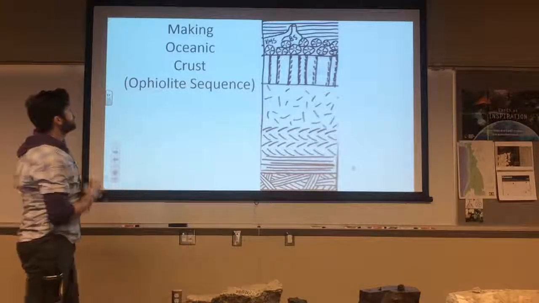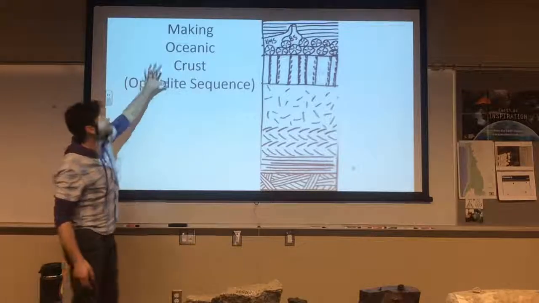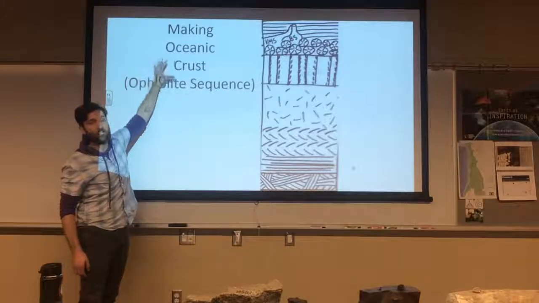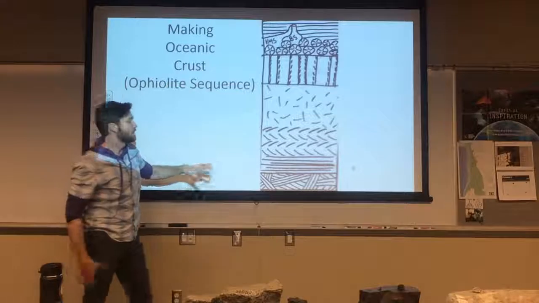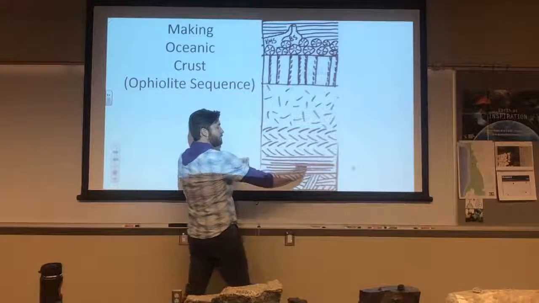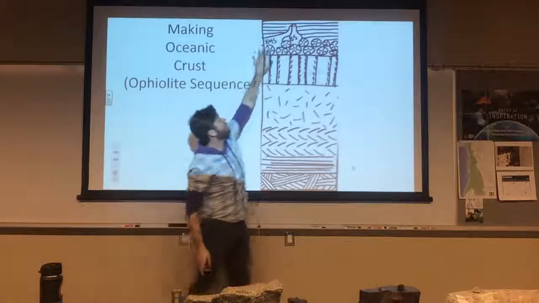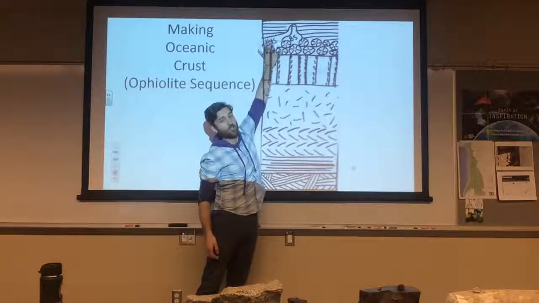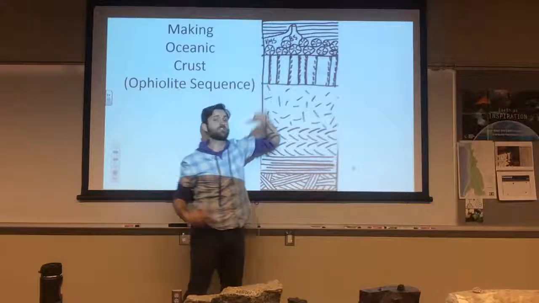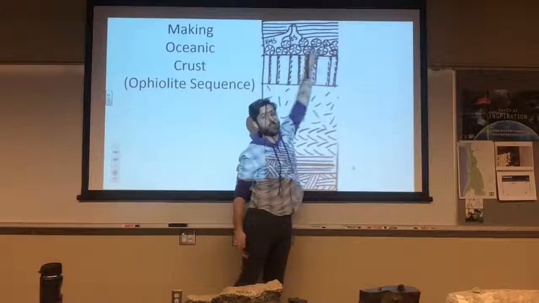Okay, so this is what's called then the ophiolite sequence, or making of the oceanic crust. Okay, starts out with decompression melting as the plate is pulling apart, and then sequentially these rocks form. Now, at the very top of this, I'm not going to go through the rest of this sequence, but sedimentary rocks are then deposited on top of those. Those are the layered things here.